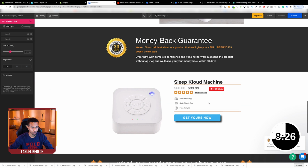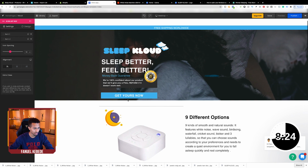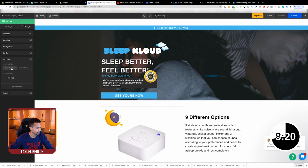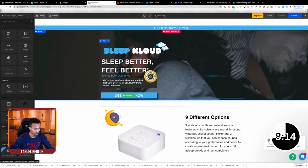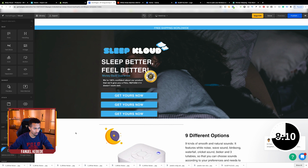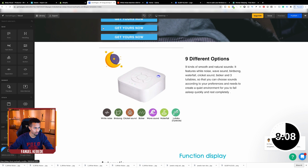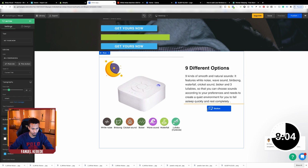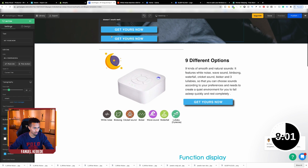Okay, perfect. Another thing I'm gonna do is you definitely need to have your call to action button throughout the page. So I'm gonna do drop shadow, and then I'm gonna make it look a bit similar, so like 5. And then I'm gonna duplicate this button a few times. And then I'm going to drag it. So I'm gonna pull it and then put it right here. And then I'm gonna pull the second one and put it